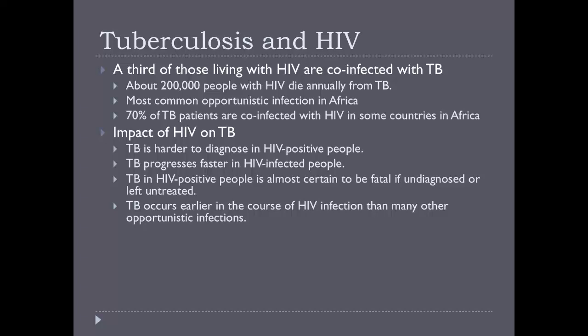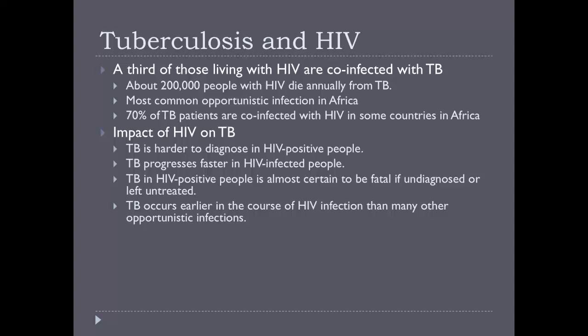It is the most common opportunistic infection in Africa, and for that reason, when you start looking at organizations like the Global Fund for HIV, TB, and Malaria, you might be thinking, well, why are they including TB in this? And that's one of the main reasons, is because it is one of the biggest cofactors for HIV. 70% of TB patients are infected with HIV in some countries of Africa, so again, you see this massive overlap